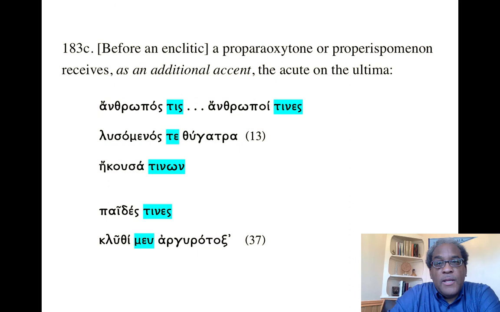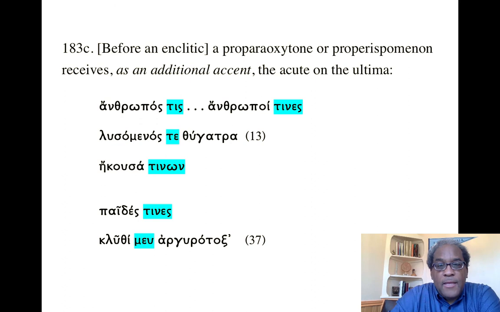Before an enclitic, a proparoxytone or properispomenon receives as an additional accent an acute on the ultima. So you end up with these: anthropos. You see anthropos actually has two accents, one on the first syllable and then one that is received from the enclitic. So you get anthropos tes. And likewise, anthropoi tenes. And then in line 13 of Book 1 of the Iliad, we had lusomenos te dugatra, where